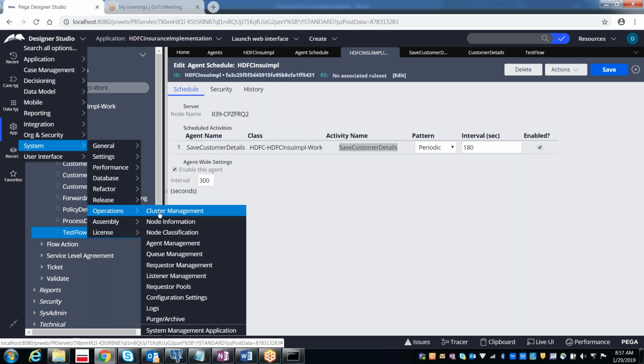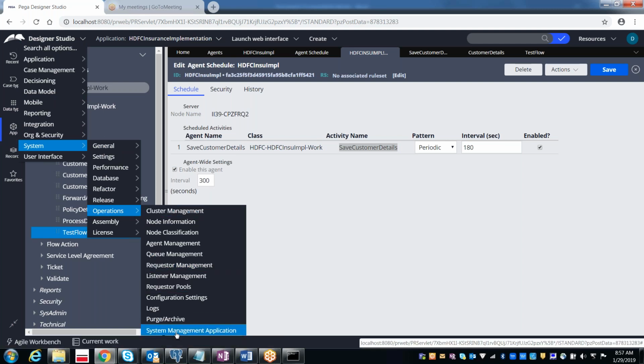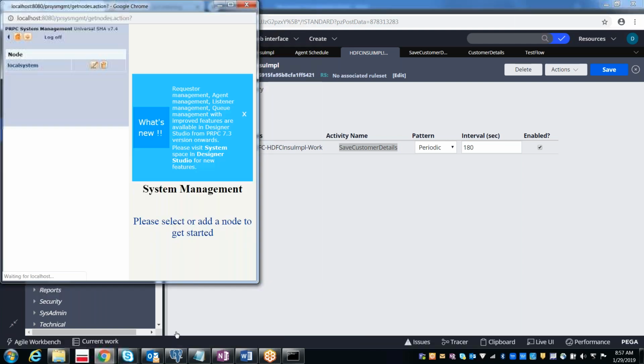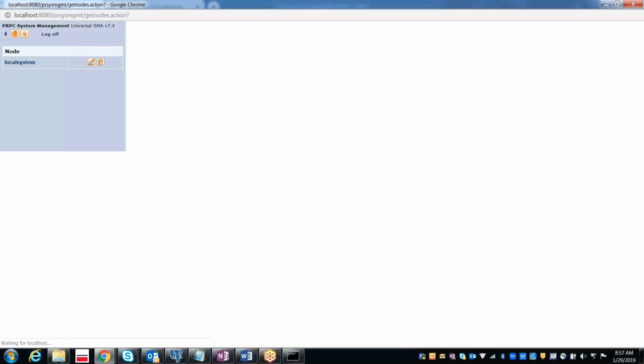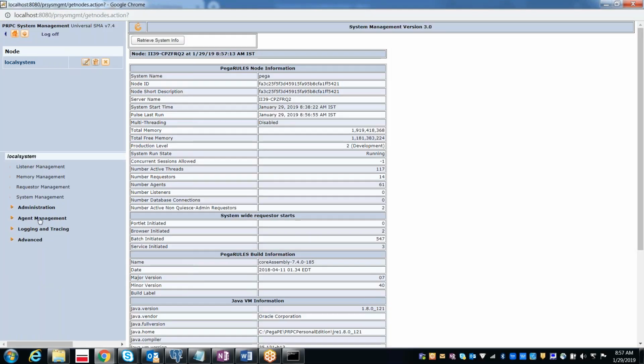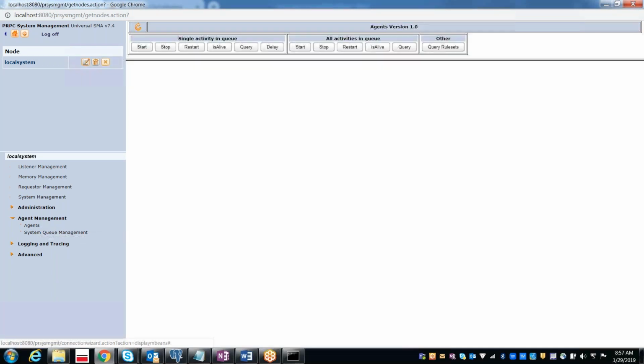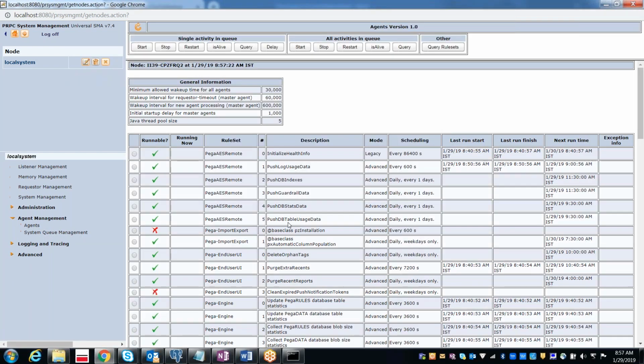One, as I told you, is from the system management application, under agent management and again agents. It will show you the complete list of the agents which are running on this particular node.